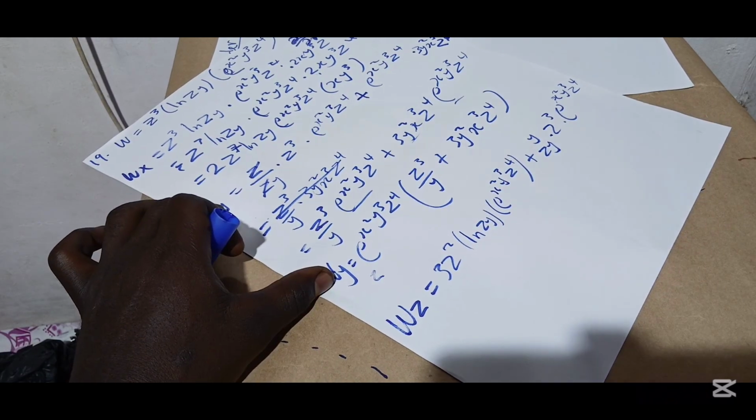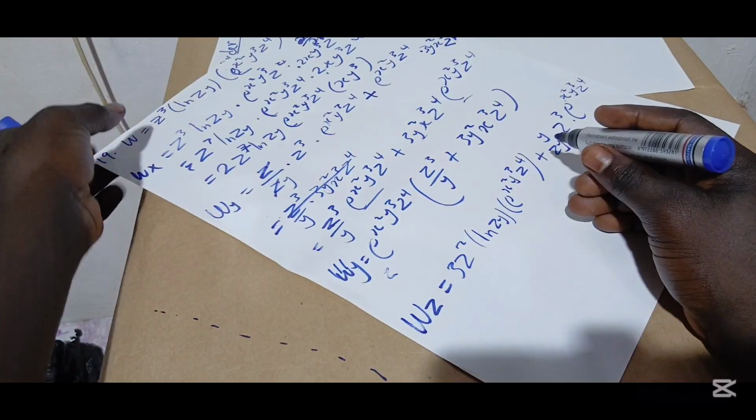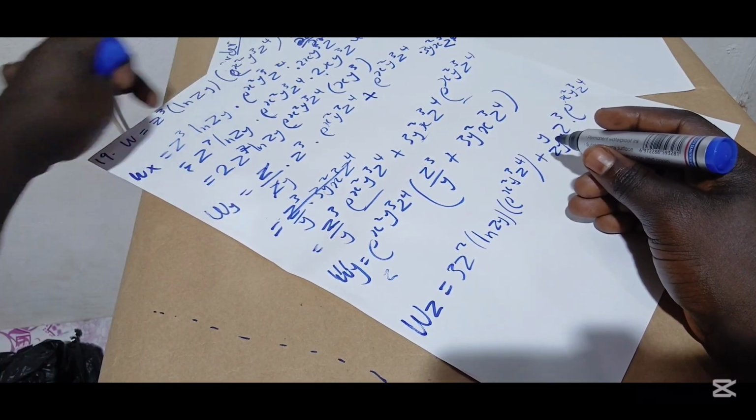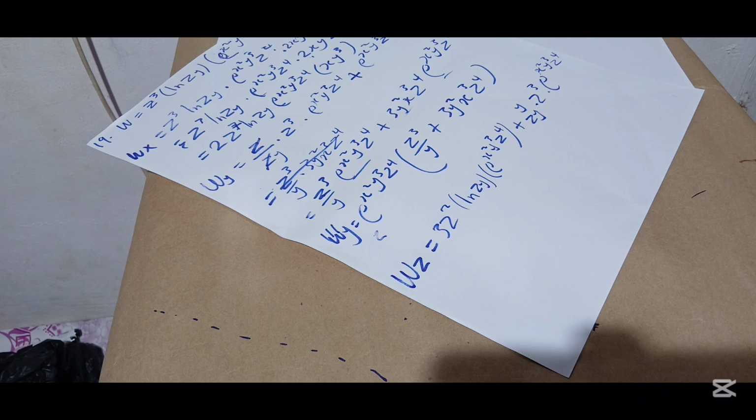This problem is going to be a bit longer, but let's proceed. Now we're done with the second one. So now we differentiate the last one, leaving the rest, right? So differentiating the last one, we have our formula to be